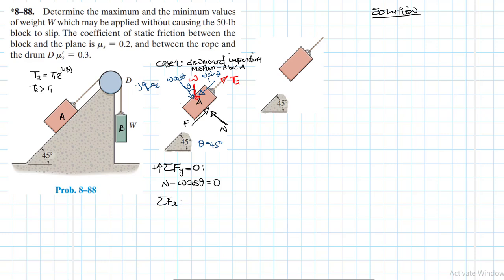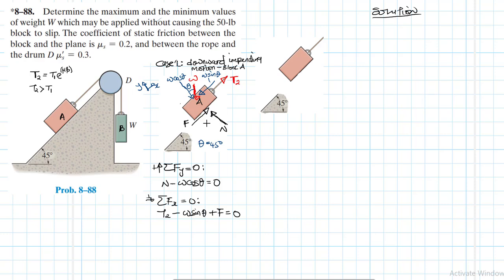Then summation of forces in the x direction, what do we have? We have T2 minus W sine theta, plus F equal to 0. Mind you, I didn't make mention, we have how many unknowns? We have T2, we have F and N. We have 3 unknowns, and we only have